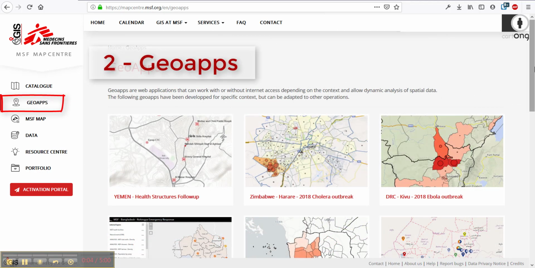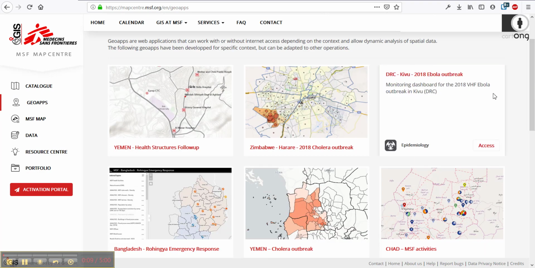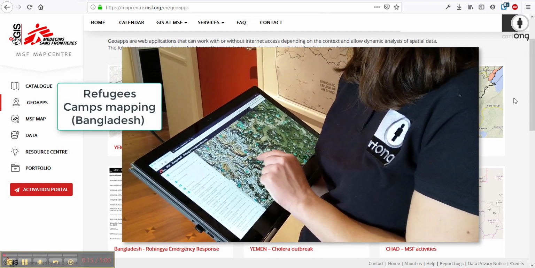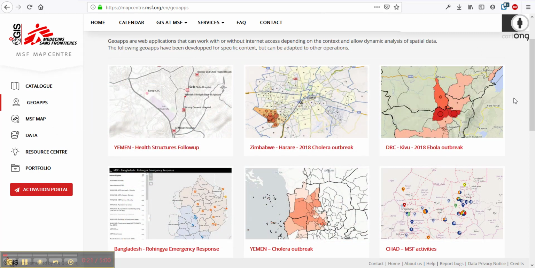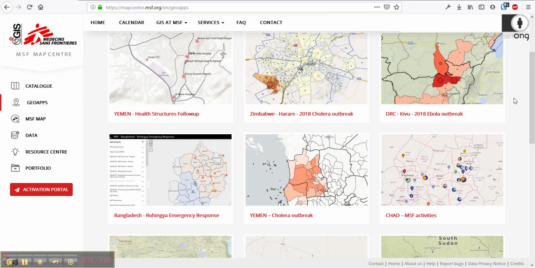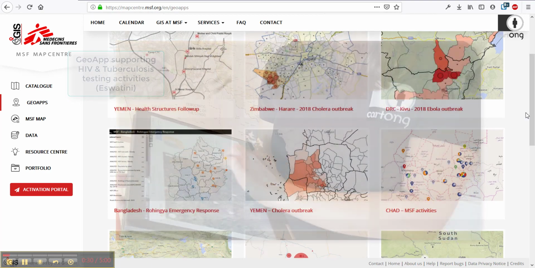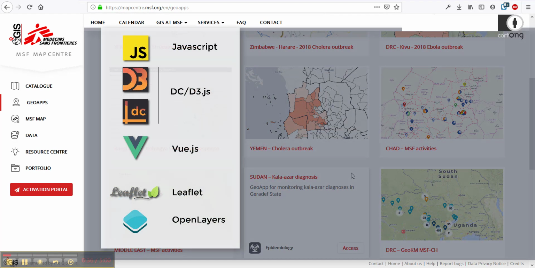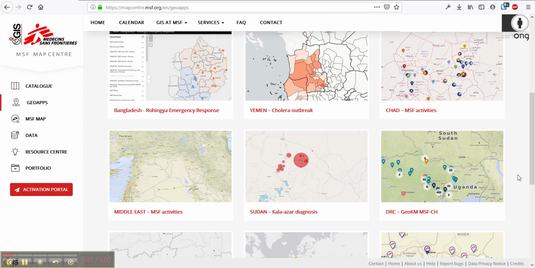GeoApps are dynamic maps or web applications. They can be used to interact with the geographical data behind the product. They can be used to display data from several sources at once, or to display data dynamically through time. GeoApps are individually designed and tailored to the needs and expertise of each department supporting MSF, such as the medical, logistics, water and sanitation departments, etc. Most of these web applications are developed in-house by Carto-NG, based on JavaScript technologies and the latest available frameworks. The data behind the GeoApps is located on a centralized, structured ArcGIS server based on PostgreSQL databases.